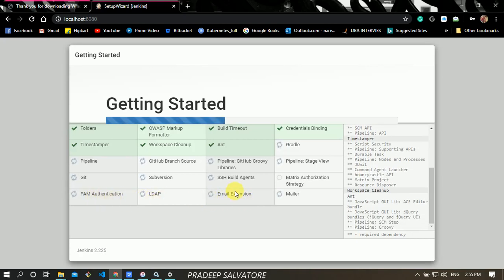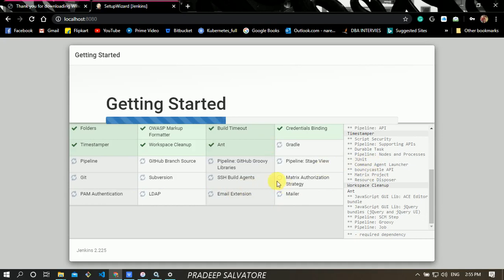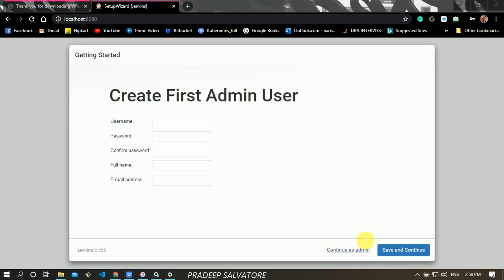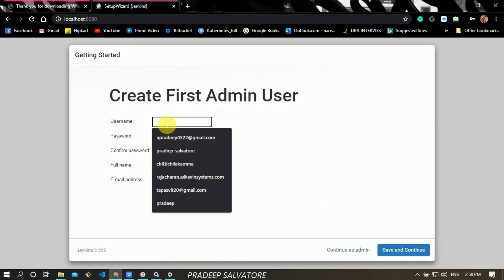So likewise we have a couple of plugins. Once the installation is done, I will go to the next topic. Or you can continue as an admin user. Even if you create a user, it is also an admin user. If you don't create a user, you will be using the initial admin password, the key. But I don't want to remember that full password, so I am just creating